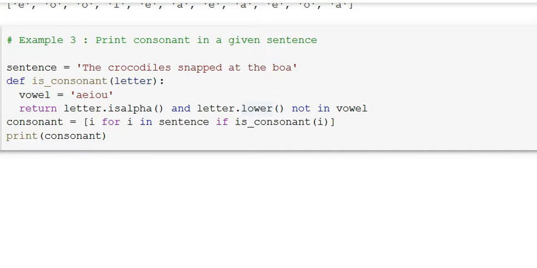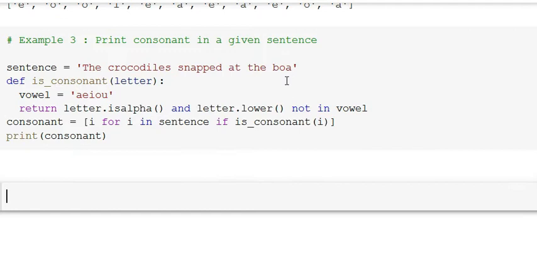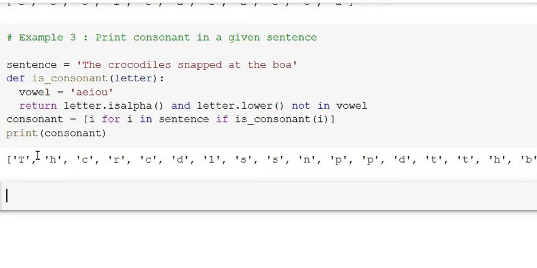Now I will use the same function in the list comprehension. So there is one loop and the second is a condition. The first loop is checking each and every character in the sentence, and the second is checking the function for that character, and if it is not a vowel, it will print the value of i. So let's run this, and it will print all the consonants in the given sentence.